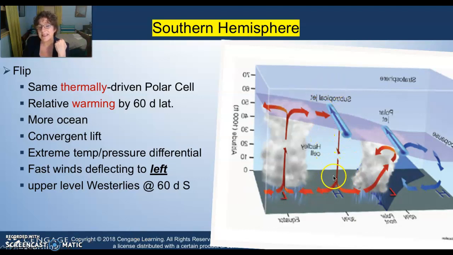You also have a subtropical jet for the same reasons as the northern hemisphere subtropical jet, that it is a weaker area in the 30s that is really only based